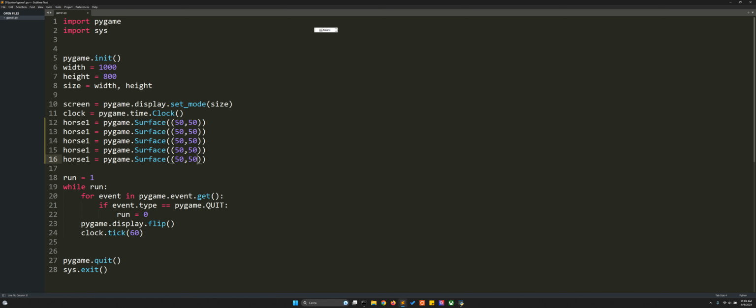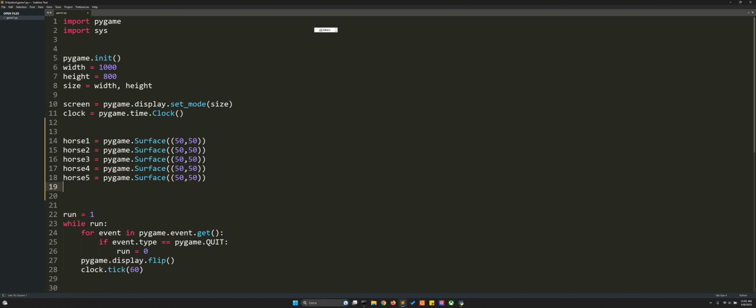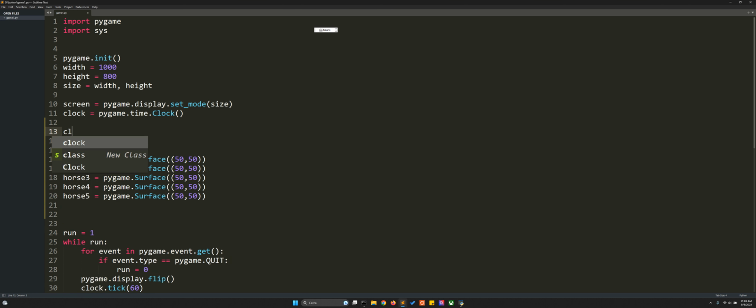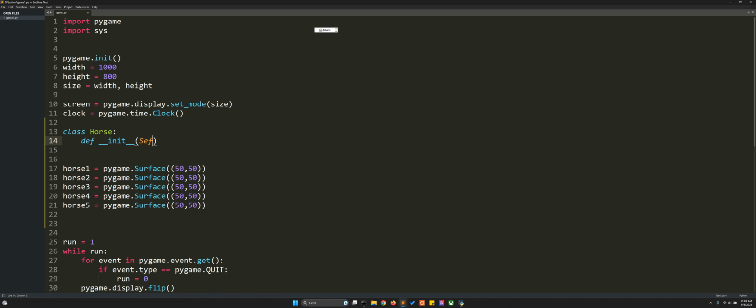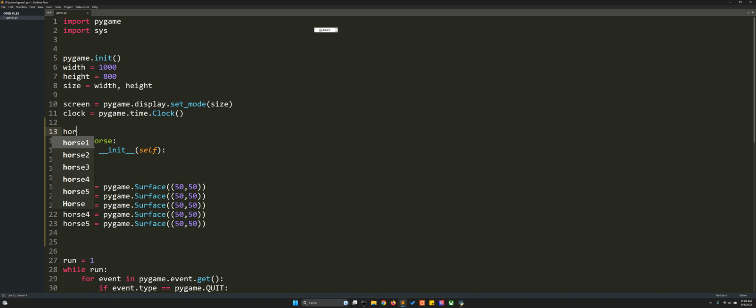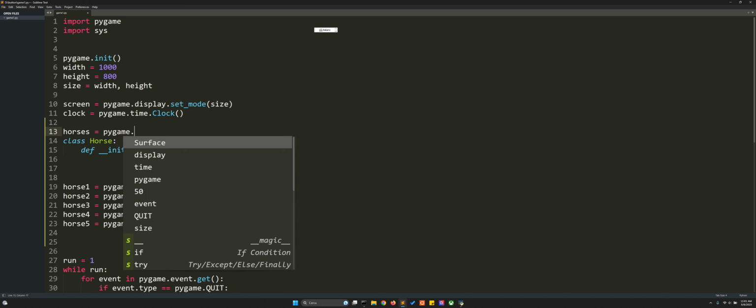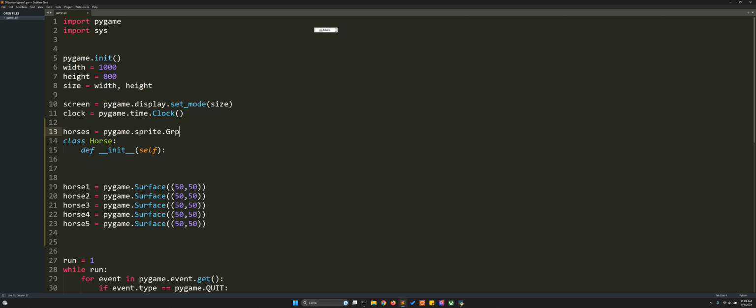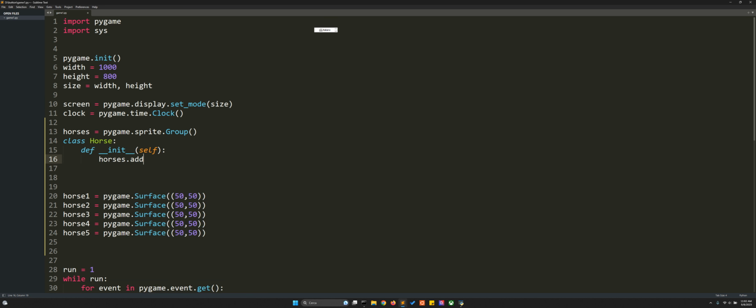So 1, 2, 3, 4, 5, and so we will make this one, then we will add each horse to this